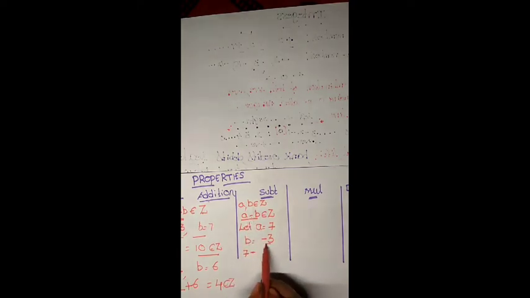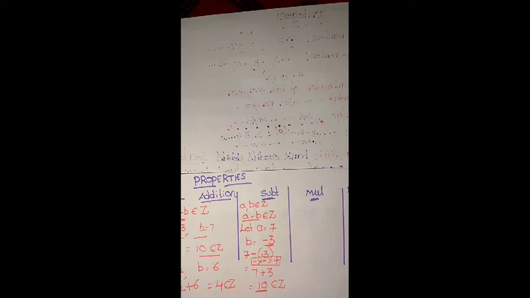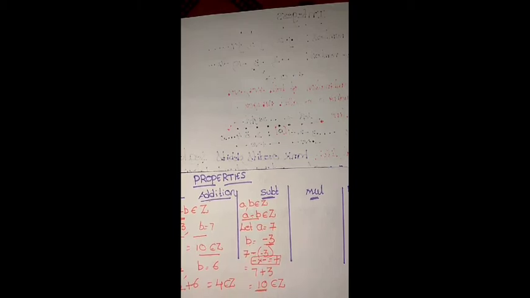So now substitute these values in the condition a minus b. So 7 minus, and b is minus 3. So 7 minus of minus 3. Minus bracket always represents into. So minus into minus equals to plus. This I will provide the link here so that you can know it. So 7 plus 3 gives 10. 10 belongs to an integer.